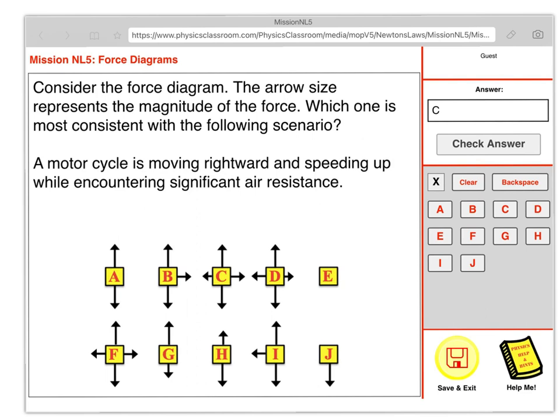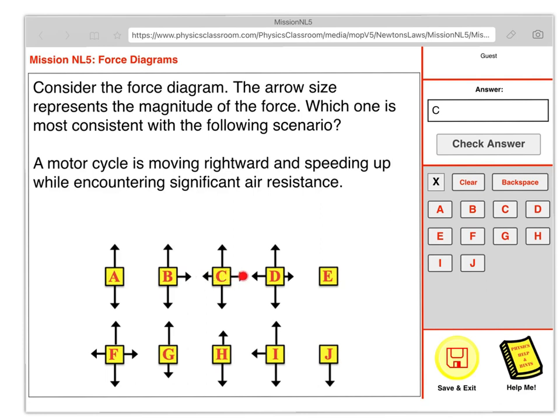Okay, as usual, answer the question before you look at my answer. Well, maybe too late since I already put my answer down there. So a motorcycle is moving rightward, so it has to be a net force to the right. Air resistance is going to be in the opposite direction, so C should be the right diagram. The air resistance